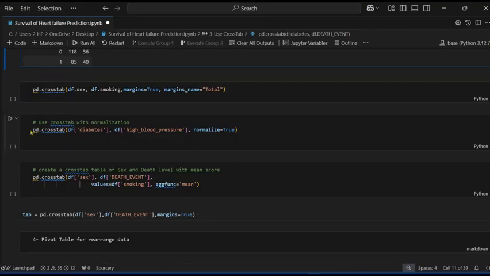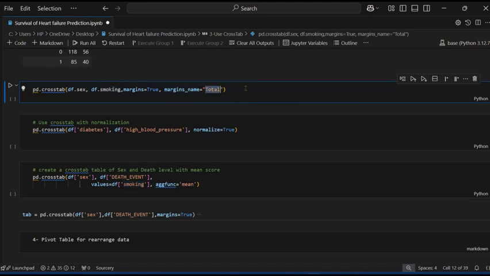Next is the same, but I am using margins as the keyword. So pd.crosstab, df sex is the column name, and df smoking is also a column name. Margins is the keyword, which I have set to true, and margins_name is also a keyword.